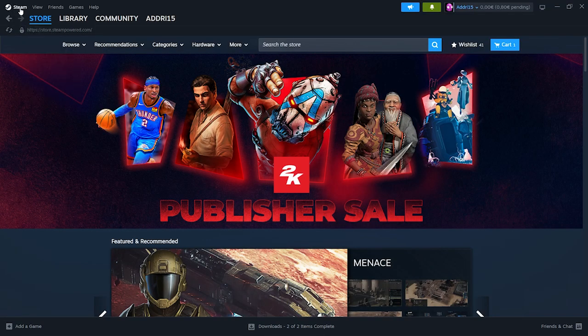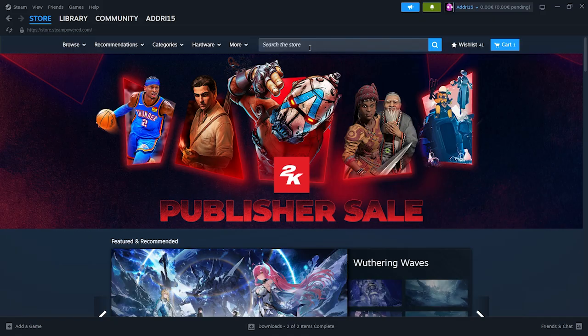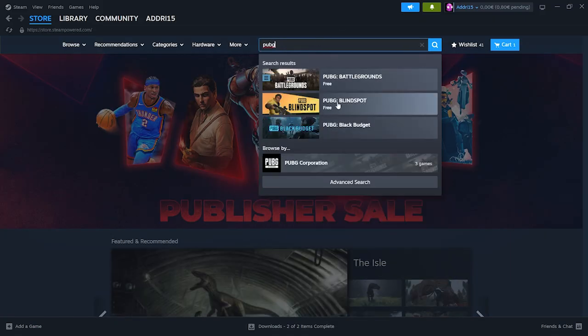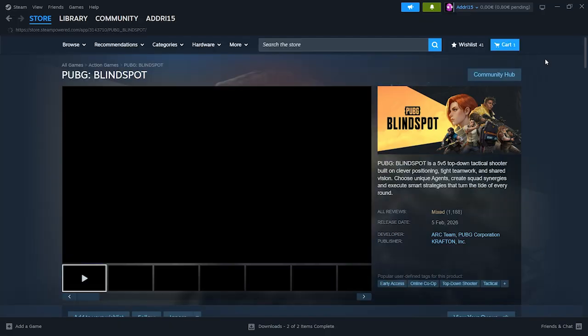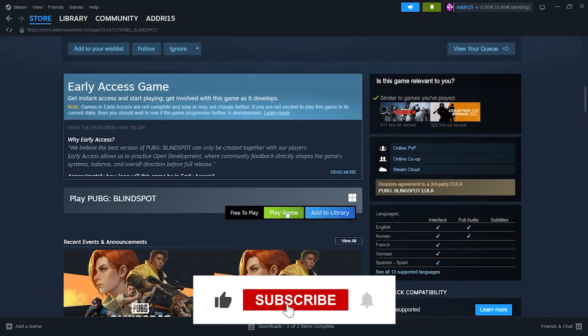Firstly, just download Steam. If you don't have it yet, it will only take a few seconds, and then create and log into your account. Then once you are here at the home page, you just need to search for PUBG right here, and you should find PUBG Blindspot. So if you click here and scroll down, you will have the option to play the